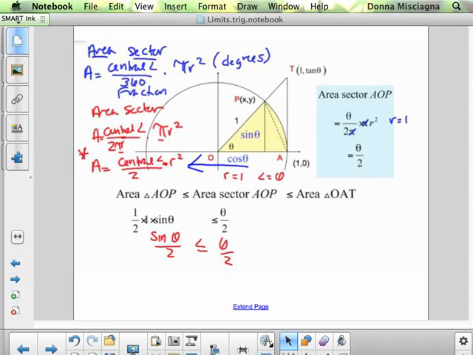All right, well, what's the central angle? It's theta, right? We have it listed. Look right there, see, theta. There's the central angle for the yellow sector there. And what's the radius? It's written all over the place. It's 1. So we can just replace, and I'll write it over here too. So the central angle is theta divided by 2 times 1 squared, which is just